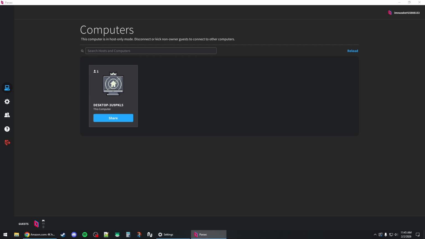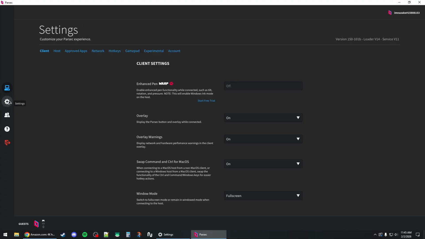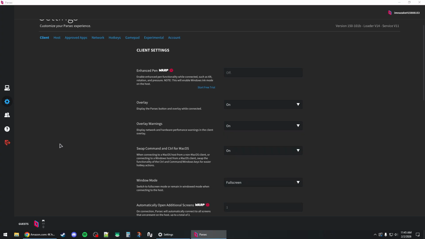I'm going to show you how to open the menu in Parsec. So there's actually two types of menus in Parsec. The first one is the Parsec app menu, which you can access by pressing the gear icon right here for the settings. And the second menu is the session menu or the overlay, which you can usually access by pressing